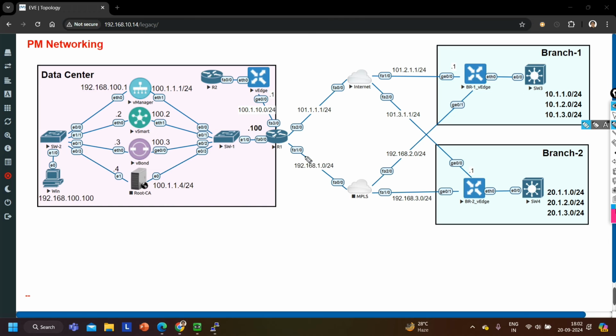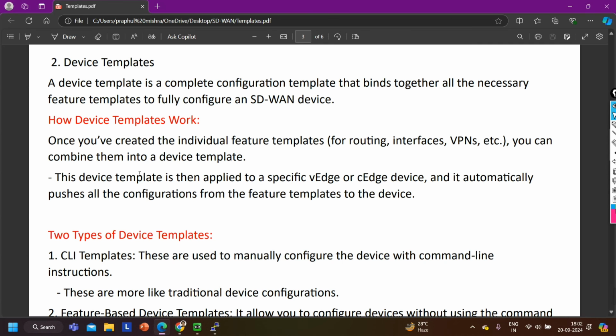One for the VPN configuration, one for the interface configuration, one for the system configuration, and we can combine those all in one device template. And then guys, we can attach that device template to devices, right? So once we attach it, vManage will push that to the devices. This is the concept of